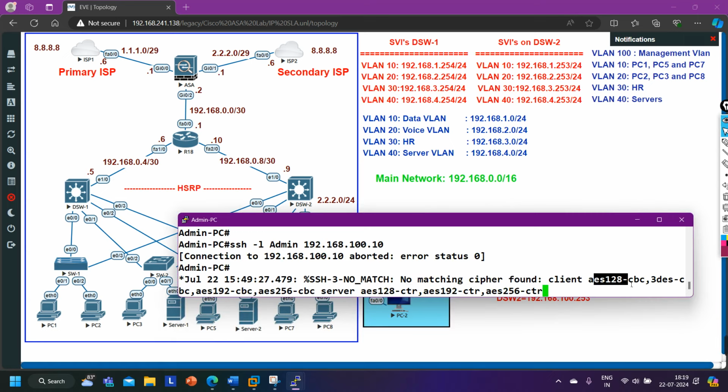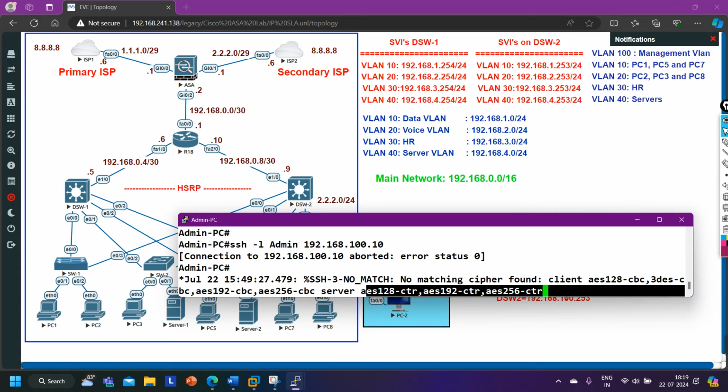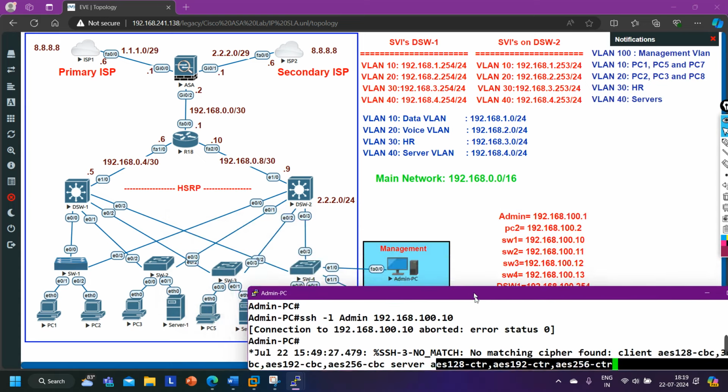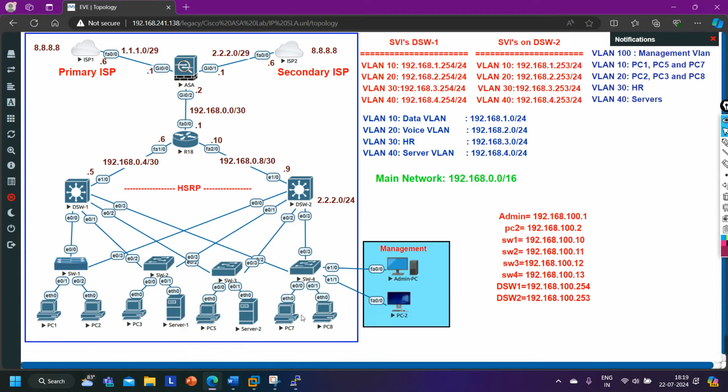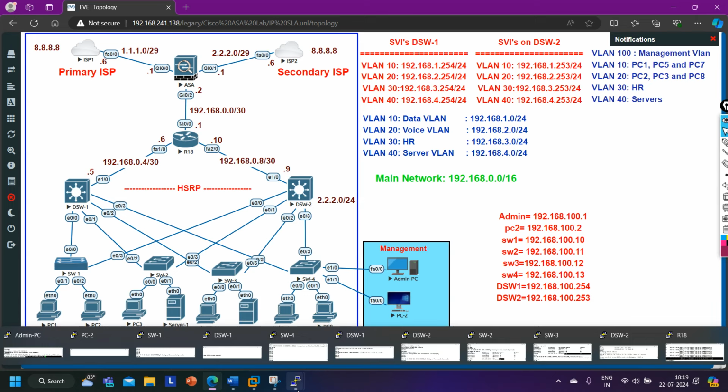Client is using this algorithm, AES128-CBC, and the server is using a different algorithm, right? Where is the server algorithm? Yes, these are the server algorithms, right? So this is why you are getting this error message, why you are not able to access switch 1 through SSH. We can change the algorithm as well, but this is how we will enable SSH in real time,